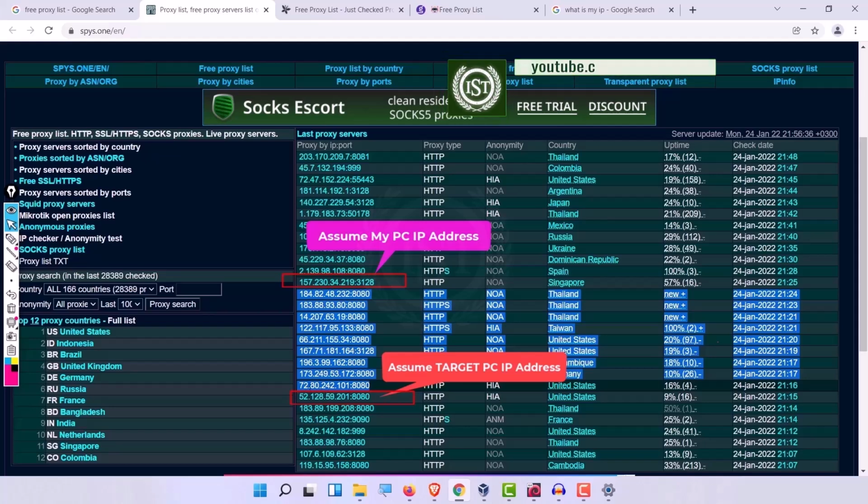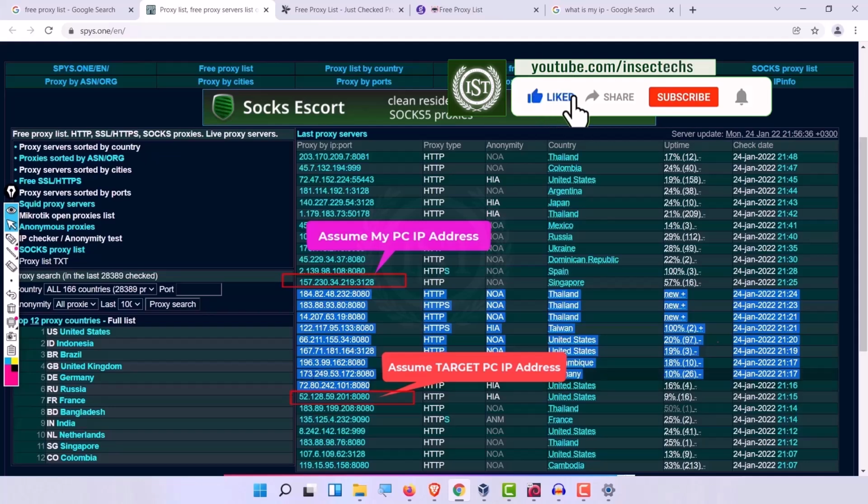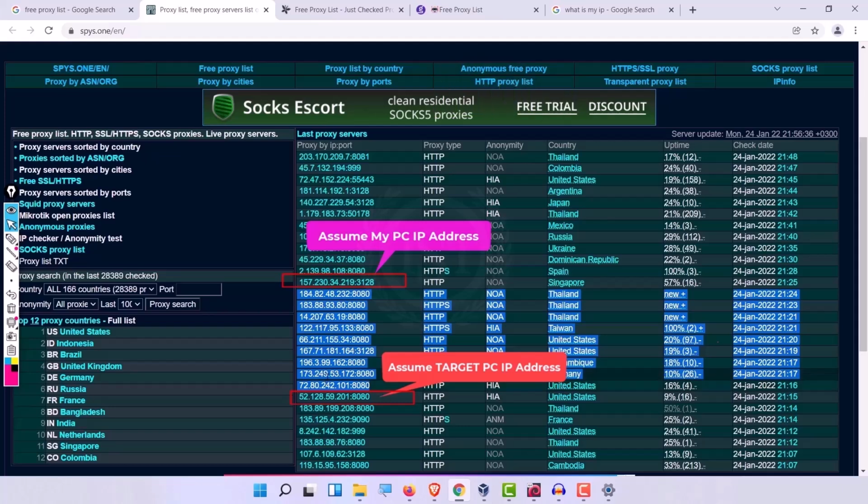And if this guy wants to reveal the IP address, he has to reveal 173.249.53.172. And this company, 52.128, again has to approach 173.249 for further logs. Even if he reveals, just in case, he will only reveal 196.99.162. Again the target 52.128.59.201 has to approach 66.211.155.34, and this goes on.